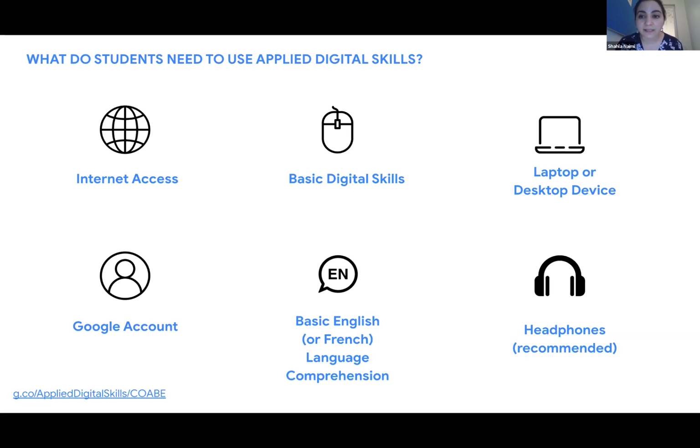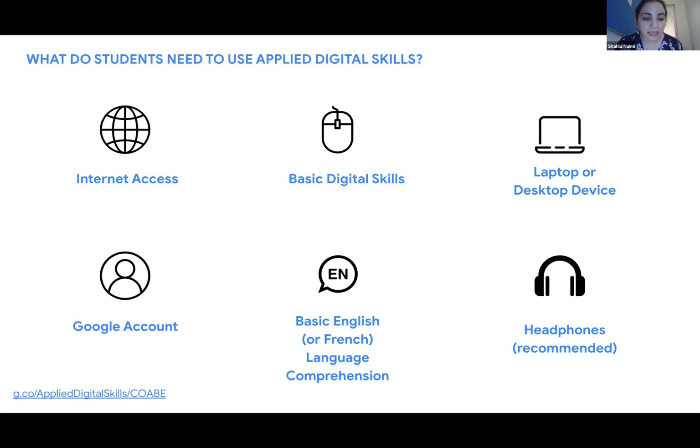It is available on tablets and on mobile, but as you can imagine, it's fairly difficult to create an entire budget or resume on a mobile device, but it is absolutely possible. We've seen it done before. So while we recommend a laptop or desktop device, mobile or tablet devices would also be possible to use.